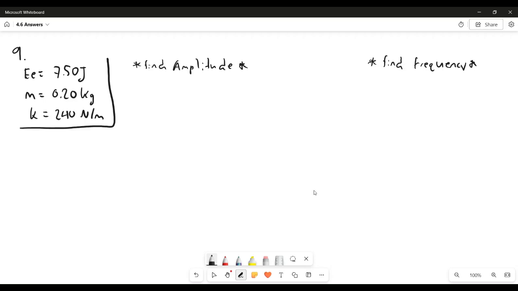So a question like this may seem a little bit more difficult because we're given things that we need to find, like amplitude and frequency. However, I guess the only sort of hard part would be finding the frequency, but amplitude should be a walk in the park for most of you guys. So amplitude,